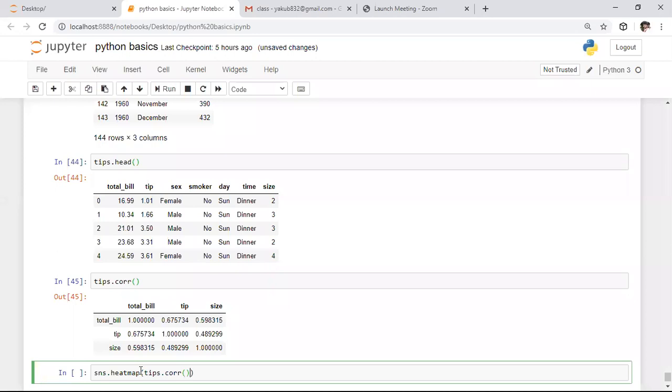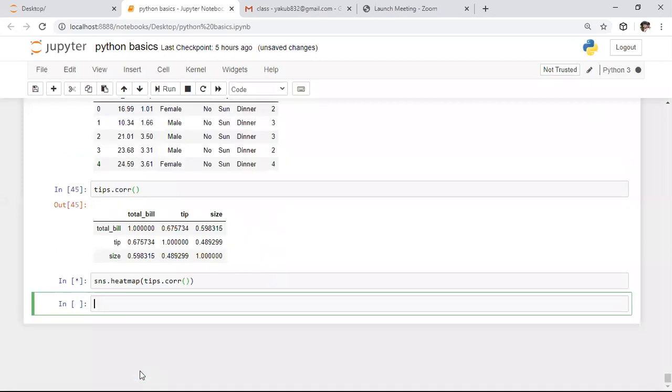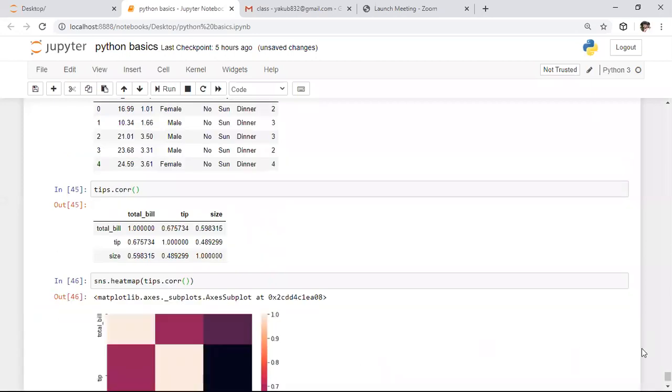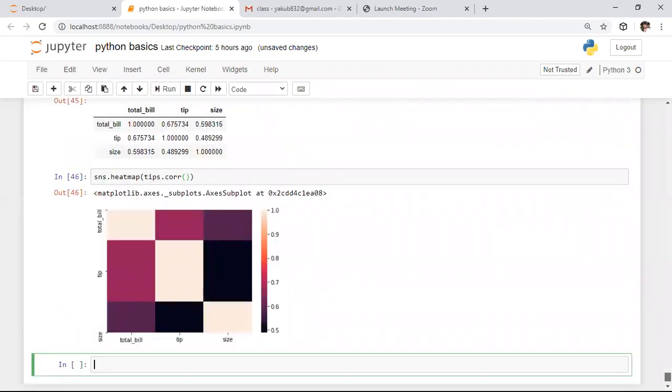Whenever you specify this, it is a correlation plot, showing the relation between different parameters. Here it is a scale. This color is nothing but maximum correlation, and this second color is 90% of correlation between the features. This black color represents the minimum correlation between the parameters, that is 50%, and this 0.6 represents a different color, a 60% correlation between the features.